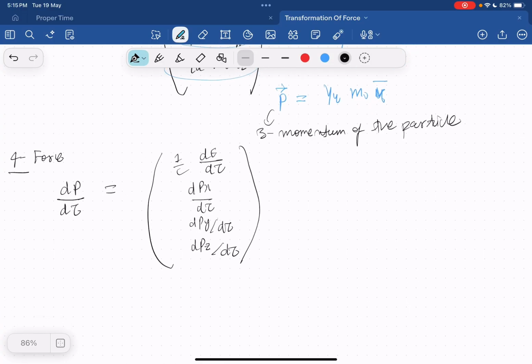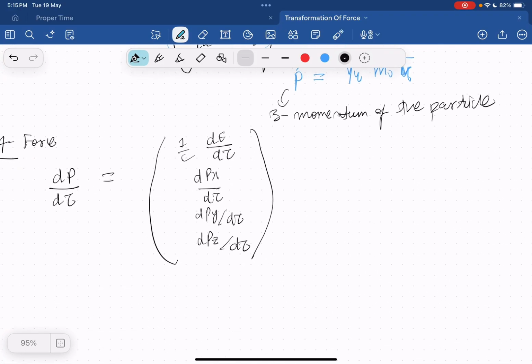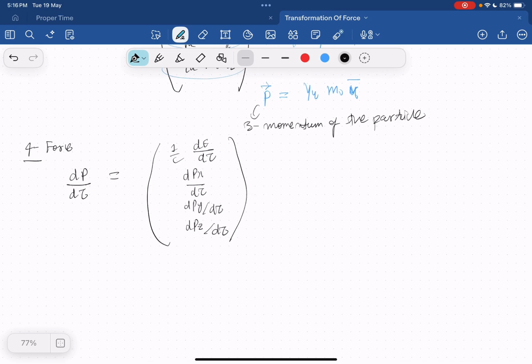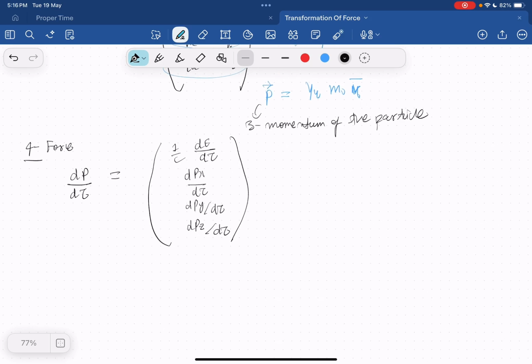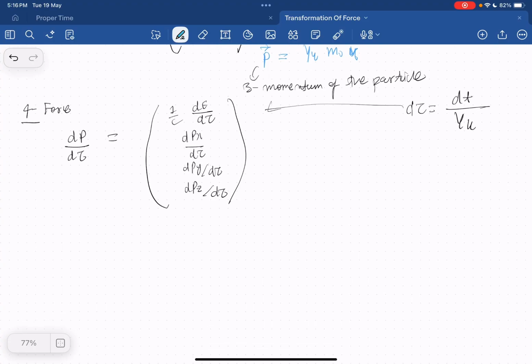So we have something like this. Now again, we can use this relation between proper time interval and the coordinate time interval: d tau is equal to dt by gamma u. So if we substitute that in here, we get